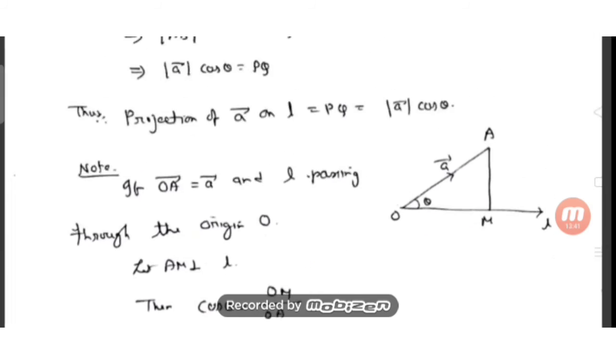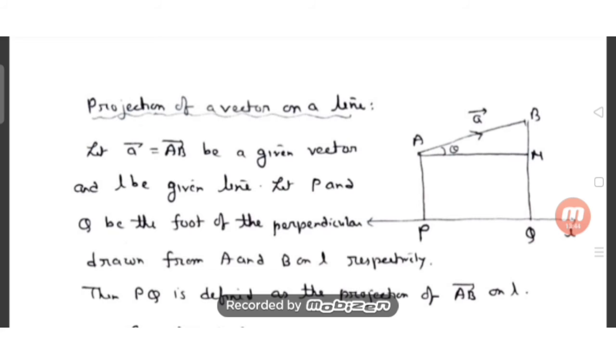Okay. Next concept, we have to know the projection of a vector on a line. A simple concept I'll give here. See, I have considered here, see the diagram first. AB bar is a vector, say represented by a bar. If you want to get the projection of AB bar on the line L, I have just dropped perpendiculars from the points A and B on the line L. Then this PQ will represent the projection of AB bar on L. You see here I have written the value. I'll go on to find out the value of PQ.